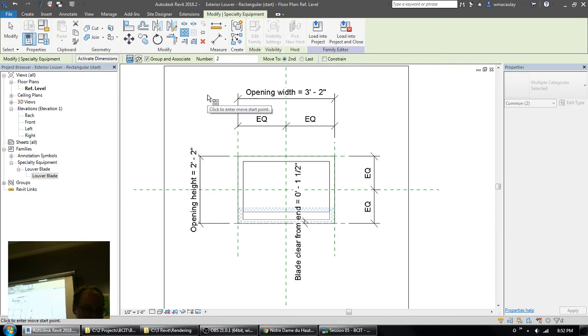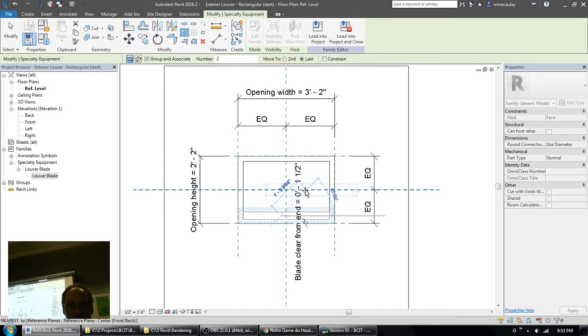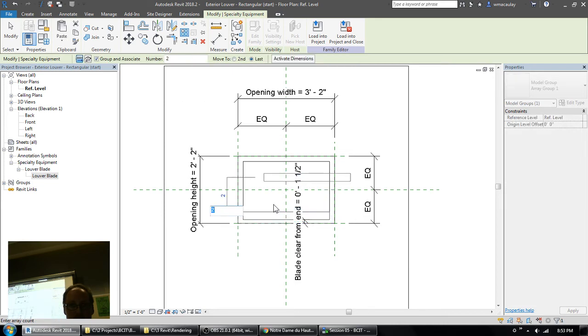Now, choose the last option on the options bar. That's this one right here. Really important. After you start the array command, you must hit the last option here. So what we're going to do is purposely copy this blade up so it's off center like so. Now this will give us an opportunity to